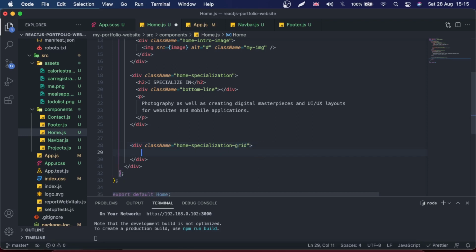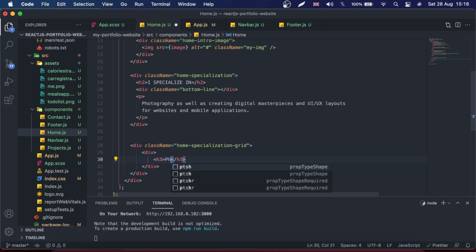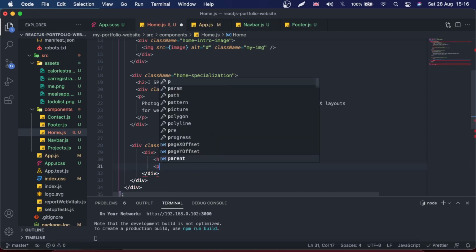And right here inside this, we will have one div. We will have an h3, and the first one will be photography. And we will have a paragraph below this,